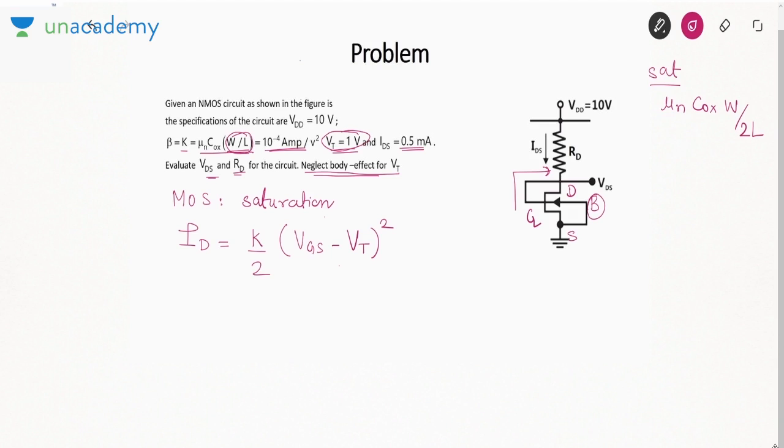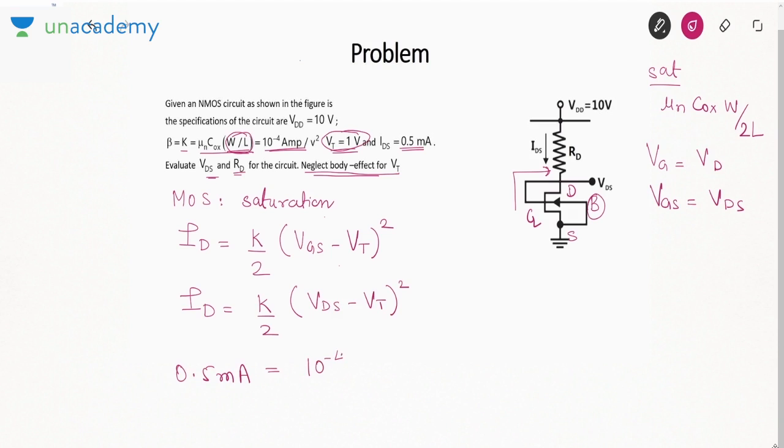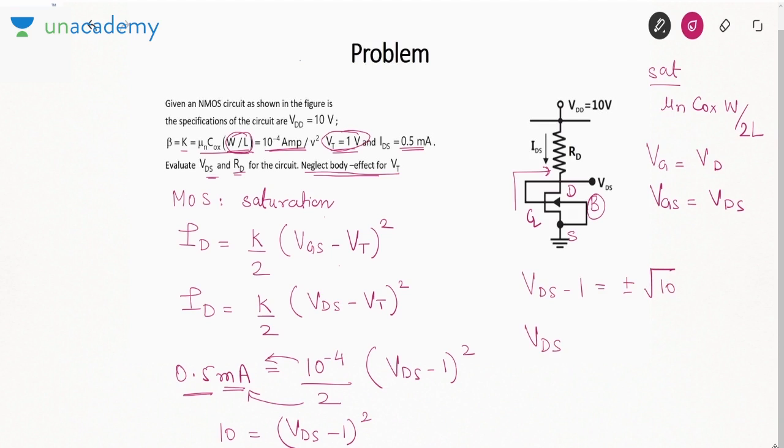Now this VGS is nothing but, since gate and drain are connected together, VG equal to VD, or VGS equal to VDS. So I can say that the drain current is K by 2 times VDS minus VT square. Now this drain current is given as 0.5 milliampere. K is given as 10 to the power minus 4 by 2. VDS I don't know, but VT is 1. So when you take this 2 on the left hand side, 0.5 into 2 will become 1, and 10 to the power minus 3 I am just taking to the right hand side. So it will be 10 to the power 1, which means VDS minus 1 equal to plus minus root 10,